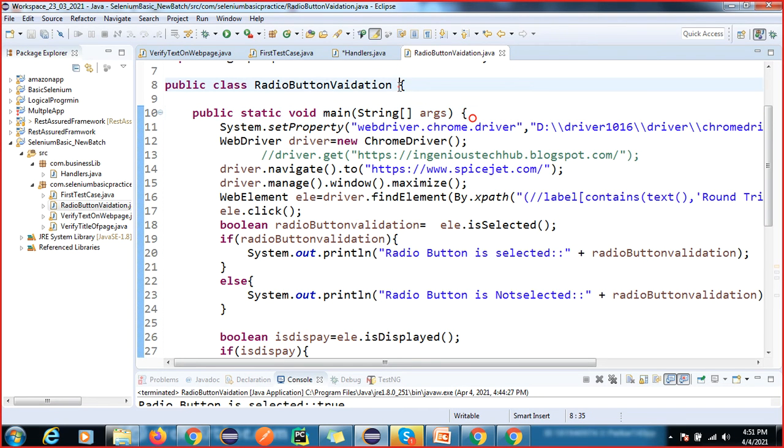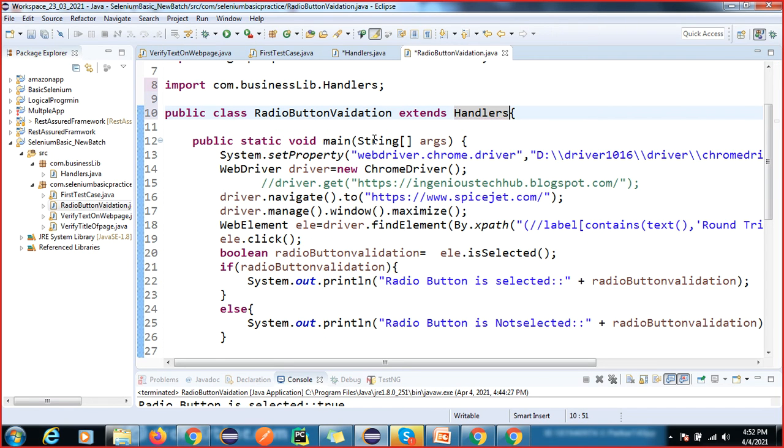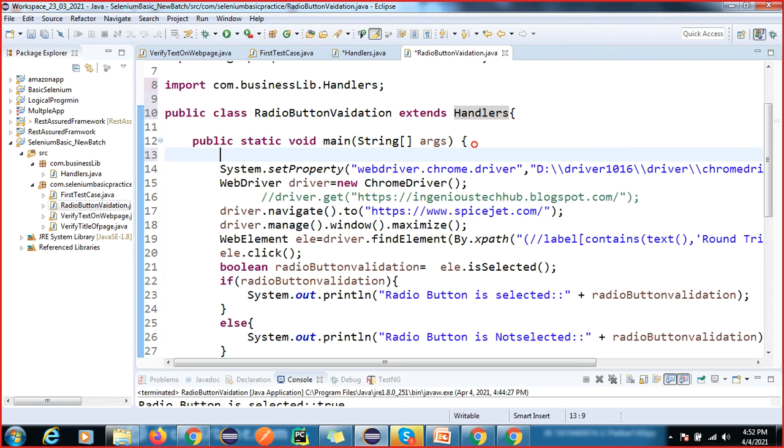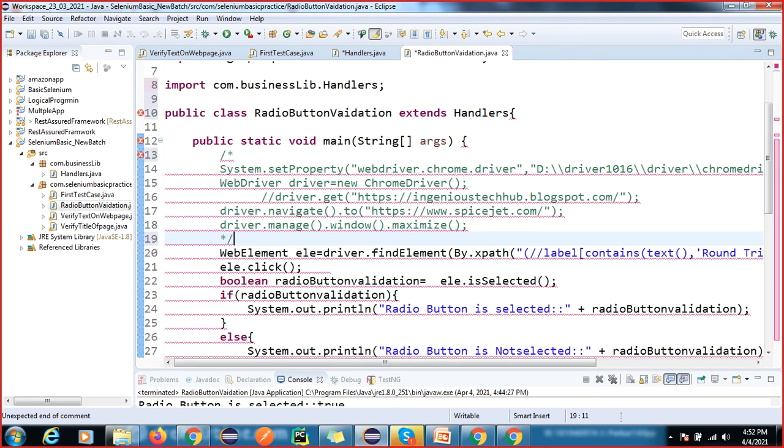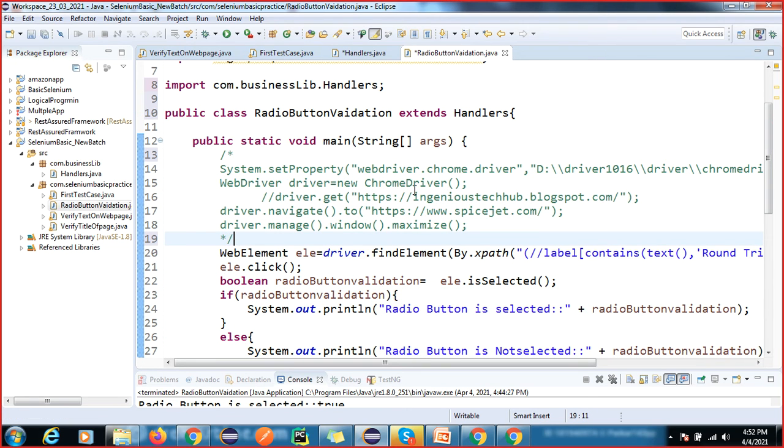So extend handler. Okay, so now done, and I'm commenting this and this. Okay, fine. Not this one, right?